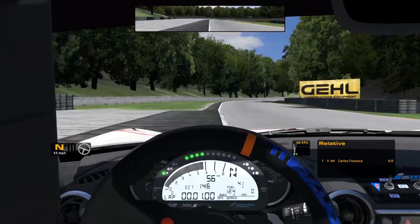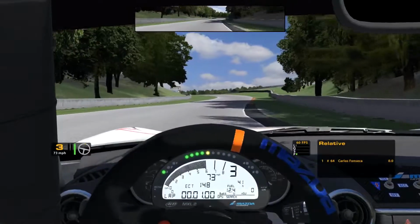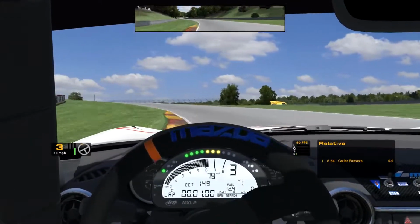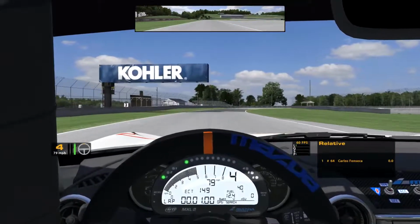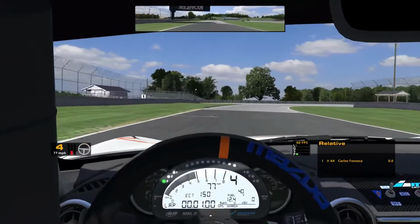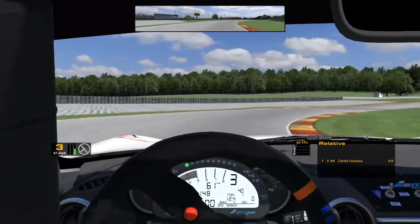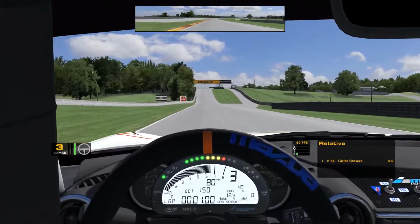So if you're using an actual button like I am, just hold down the button until the RPMs drop to a certain point, and then it'll shift, or in this case, so let me hold it down, and it'll shift. It'll let the RPMs drop on its own. So for downshifts, you just press the button, bring up the RPMs, I guess, to the point where it'll go in. That's what I'm doing. I'm just holding down the button until it shifts. So like right here,